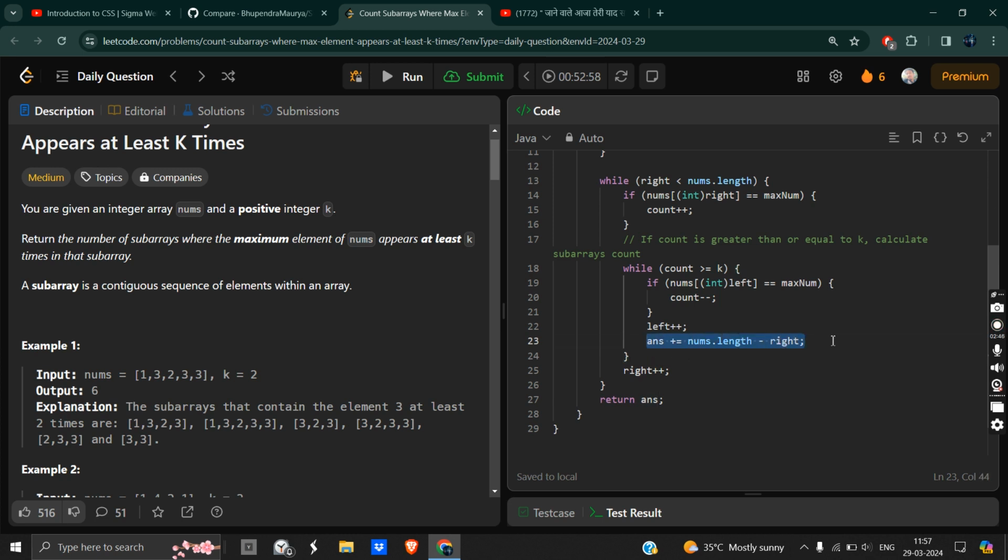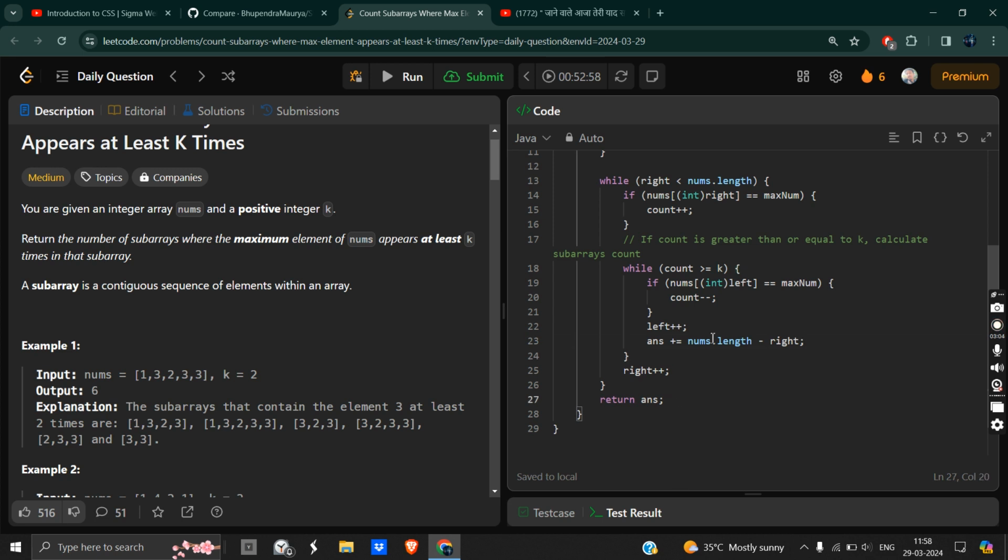So it will be the total array length minus the right pointer. Okay, and then after that you will increment right. So via this approach you will be able to solve this problem, and at the end you have to return the answer.